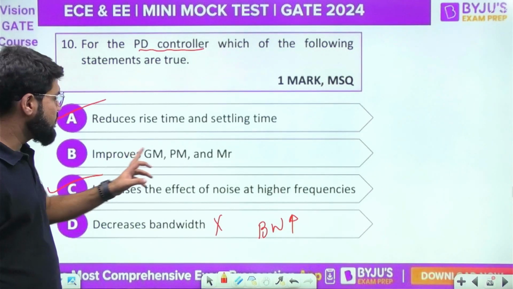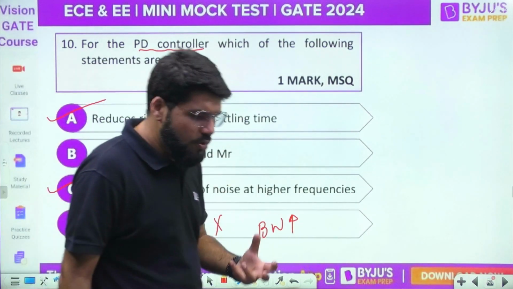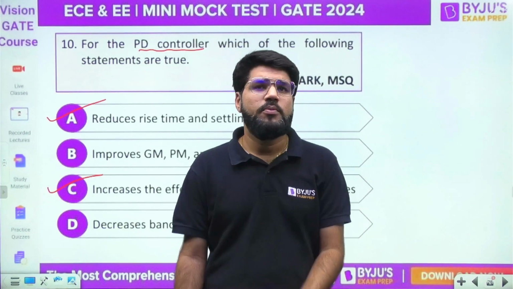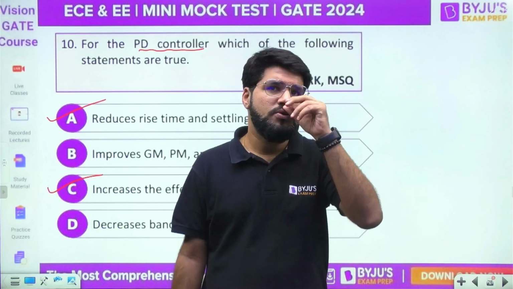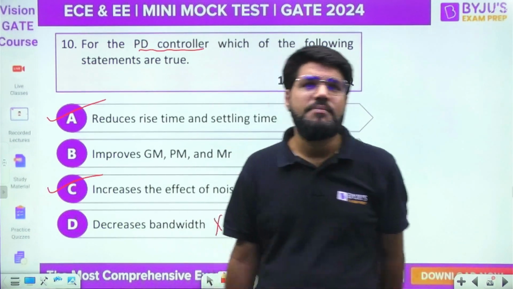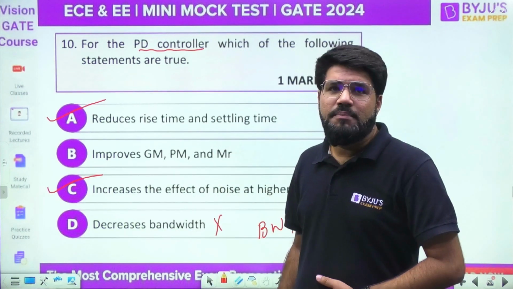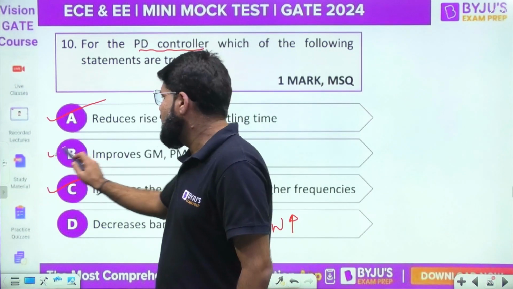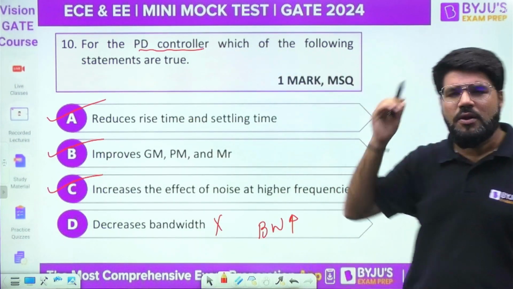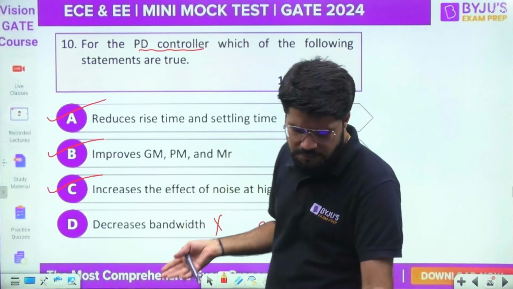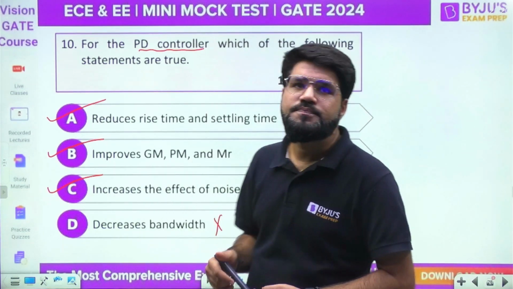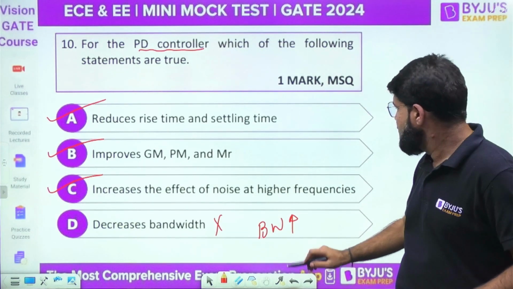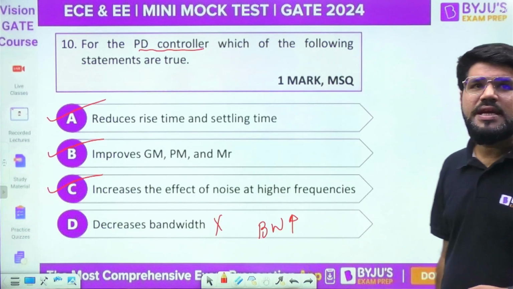Yes. It improves the gain, of course. Okay, one of the major roles of the PD proportional derivative controller is to introduce a 0 in the open loop transfer function, and that will shift the root locus towards the LHP. That will improve the stability parameters, and hence in general, by how much not mentioned, but in general it improves the gain margin, phase margin, and MR, the resonant peak. Why does the resonant peak increase? Again, because of the increased value of zeta. Okay, so A, B, C, correct answer for this MSQ question that I've already marked. It is A and B and C.